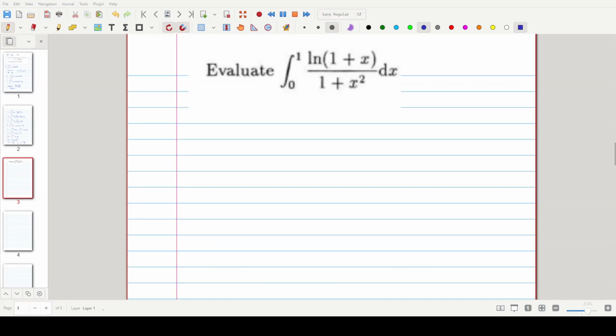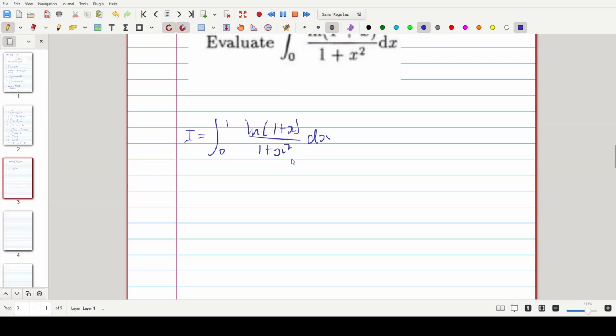Now we're going to do the second integral they asked us to do in the question. So our integral is the integral from 0 to 1 of ln(1 plus x) over (1 plus x squared) dx. Now, in the last question, we did the integral of ln(1 plus tan x), but we have an x here, so we're going to make a substitution. We're going to say x equals tan u, so dx equals sec squared u du, and remember that's just (1 plus tan squared u)